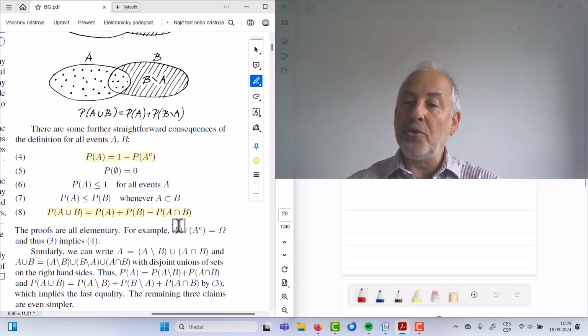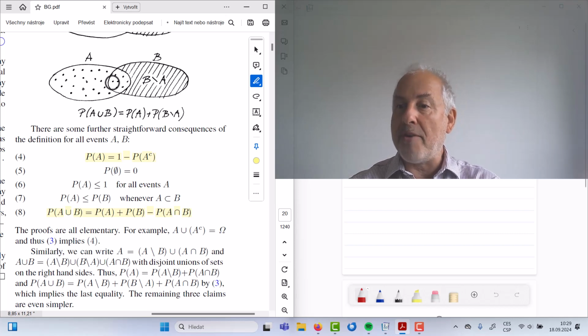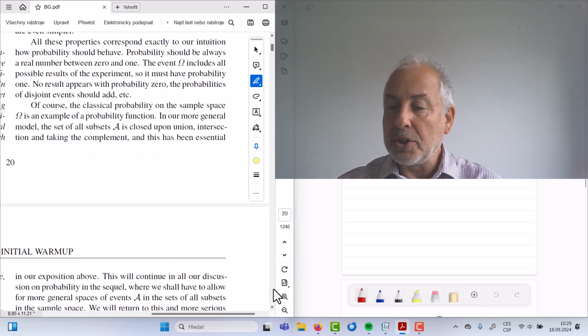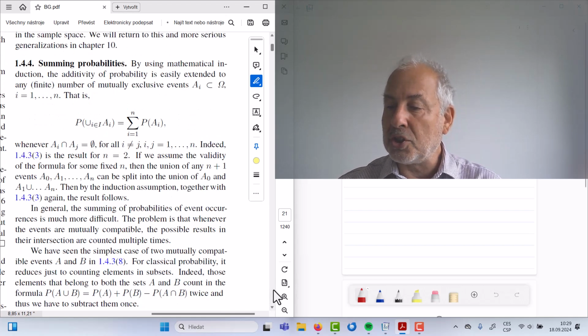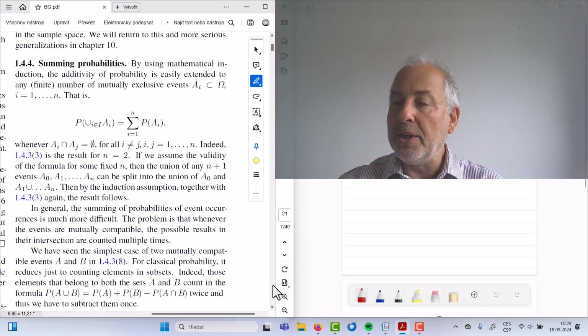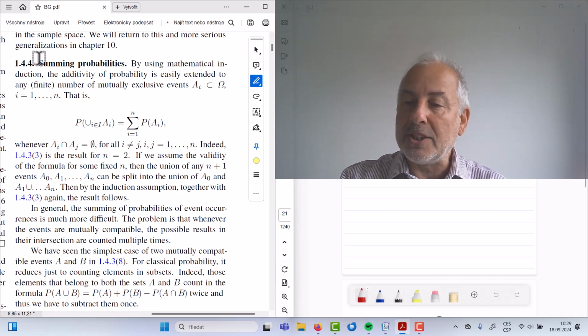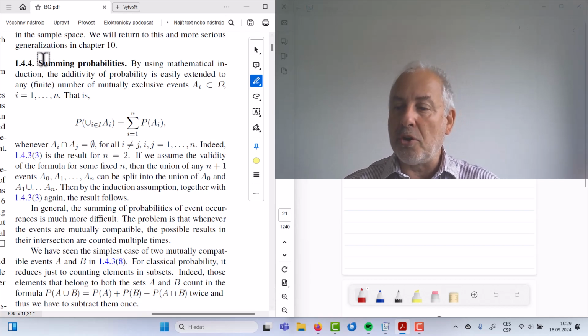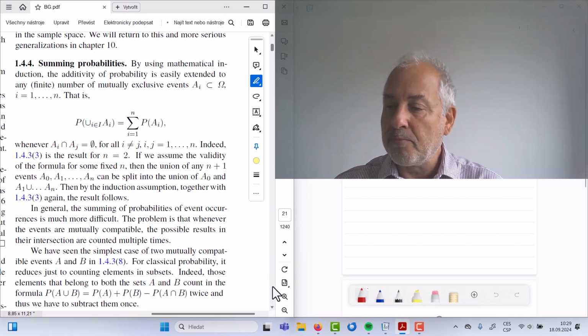So our intuition says it must be like that by counting the points in the sets, but the result is that this holds true for all the probabilities, right? Wherever you define a probability the right way, it's happening this way. So there is more discussion of that in the text, but let's have a look at the generalization of this, because of course what happens if